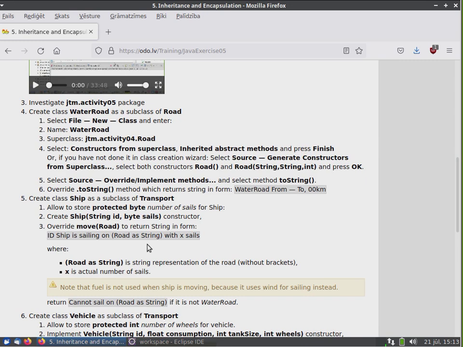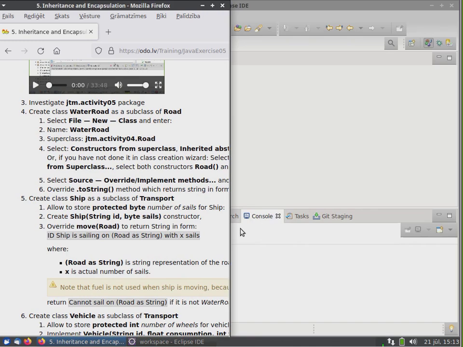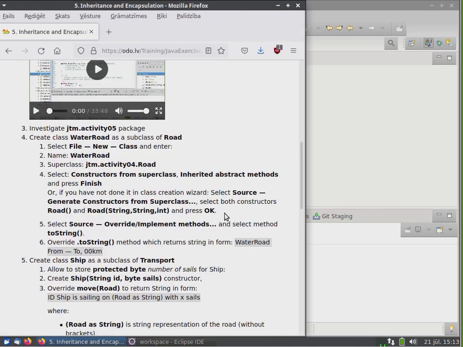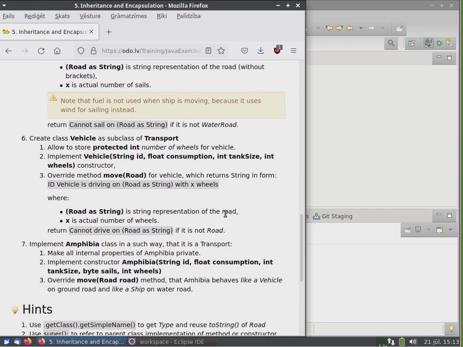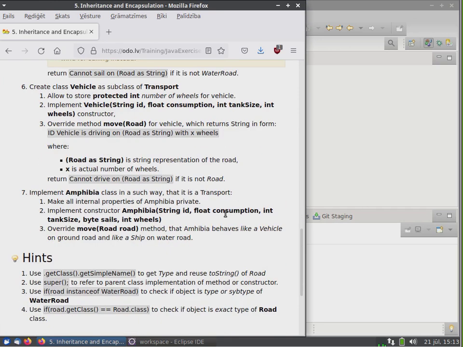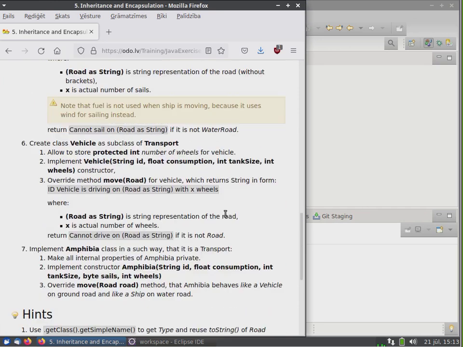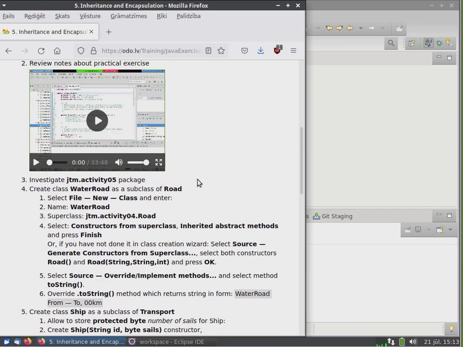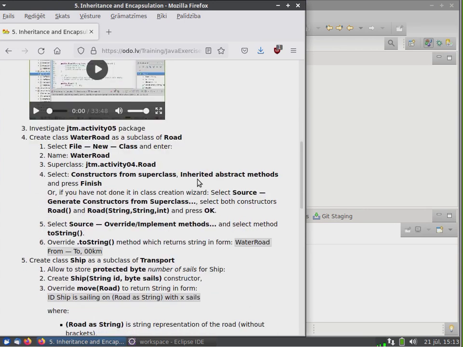Now about your practical exercise. In this practical exercise there are quite a lot of instructions to do, but you will see that most of these instructions are quite easy to fulfill. And if you want some backstory about this exercise, then backstory could be something like this: